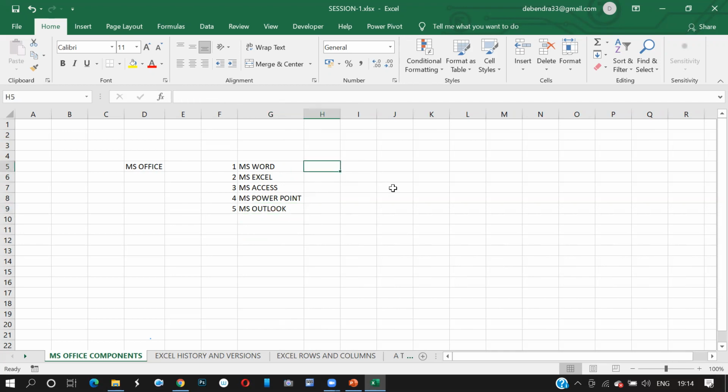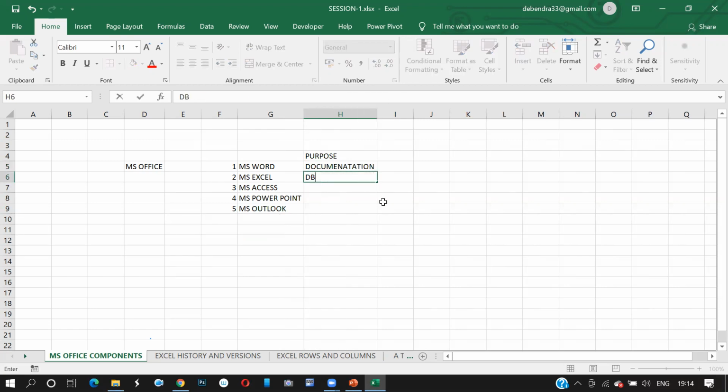So now guys, Word is for what? The purpose of Word is documentation. Yes or no? Yes, sir. MS Access is for what? It is a database management system and reporting.